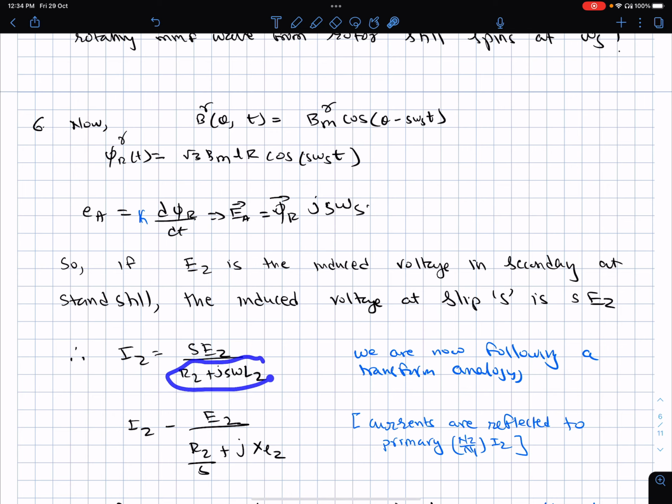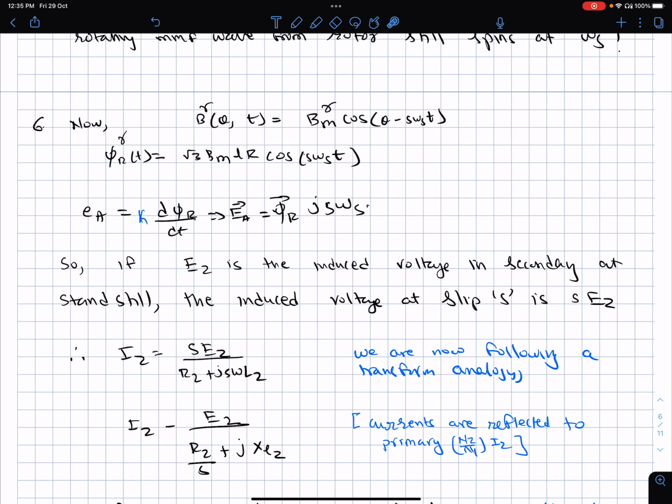So the impedance of the rotor circuit becomes R2 plus j s omega s L2, and therefore the current which is going to flow through the rotor, which is short circuited, is I2 equals sE2 divided by R2 plus j s omega s L2. Now what is the frequency of this current? This current is at frequency s omega s. S omega s is the frequency of the current in the rotor. But when this is translated to the stator, it will be at omega s. We have discussed it, and we'll revise that once again.